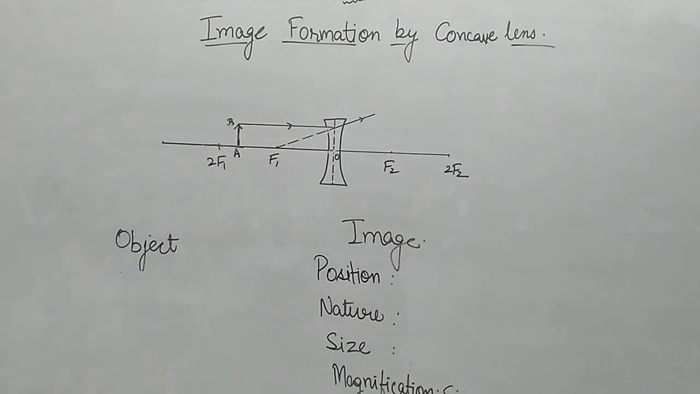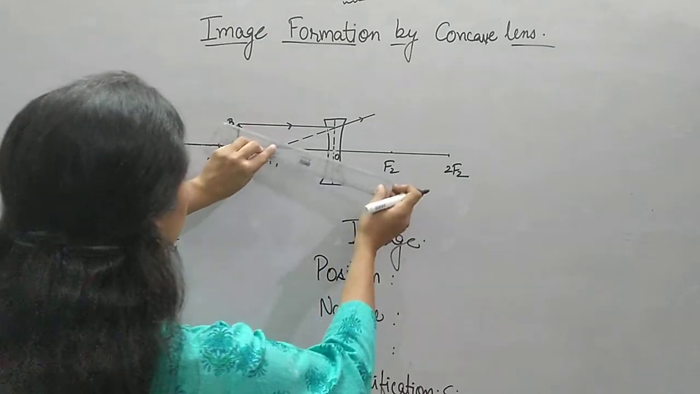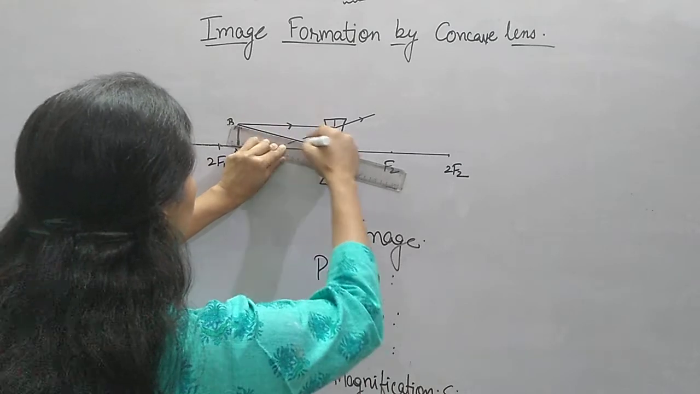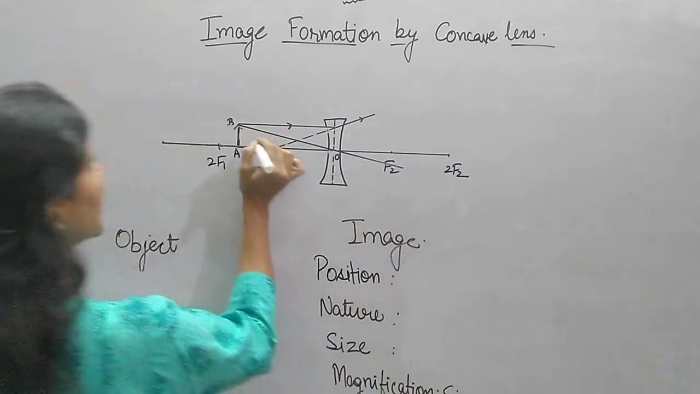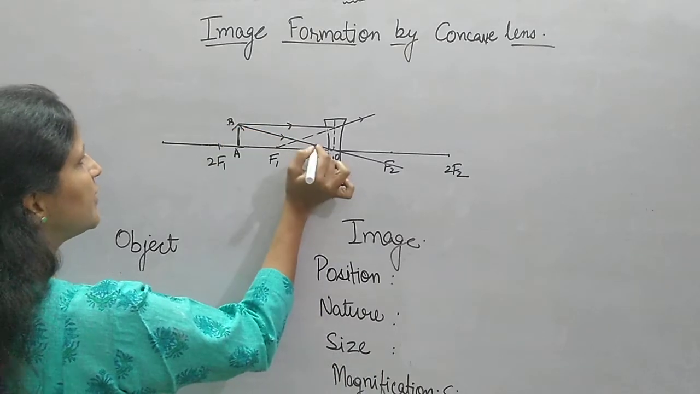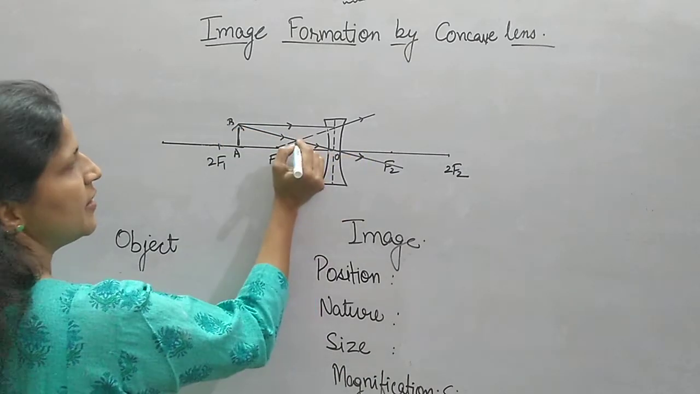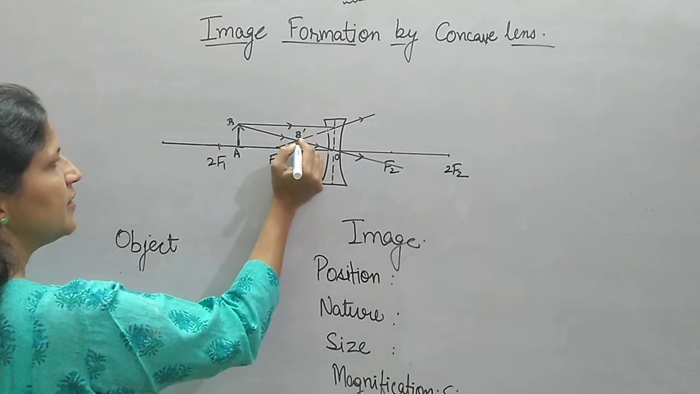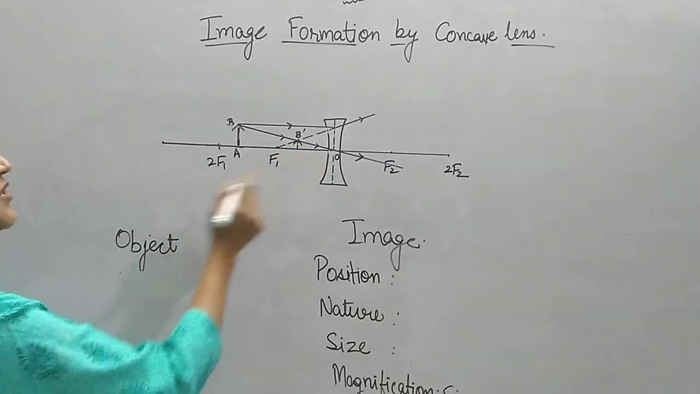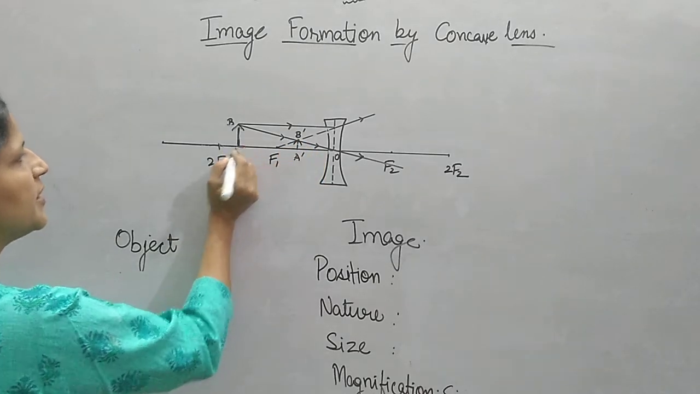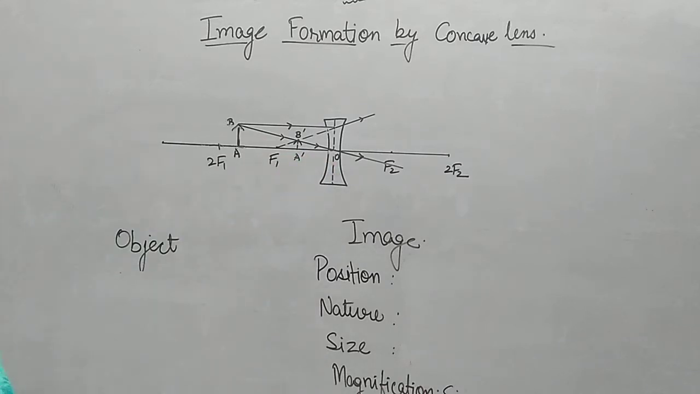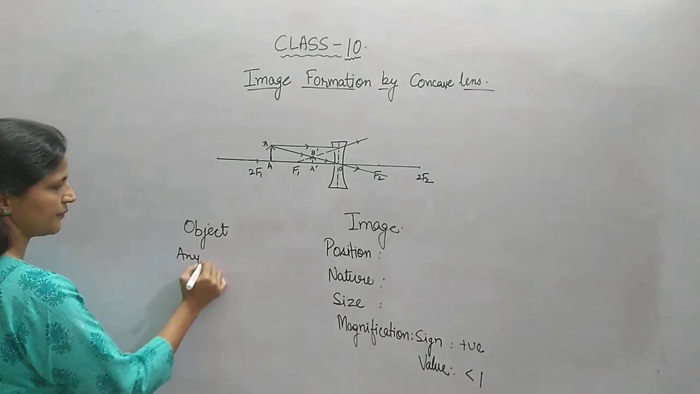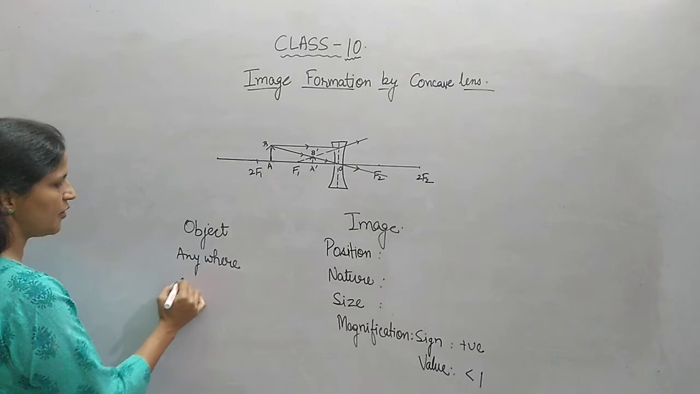The second ray we can take through the optical center. The ray through the optical center passes undeviated. So this will be the second ray. And the point where these two rays intersect gives us the image of B, and we see that the diminished image of the object AB is formed on the same side of the lens. So if the object is anywhere on the principal axis,